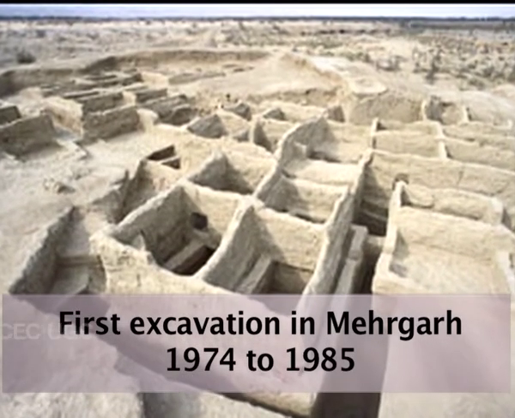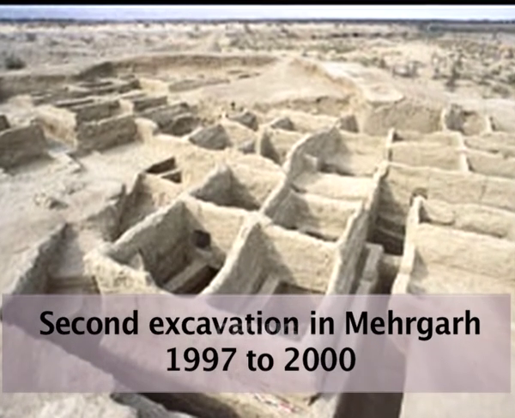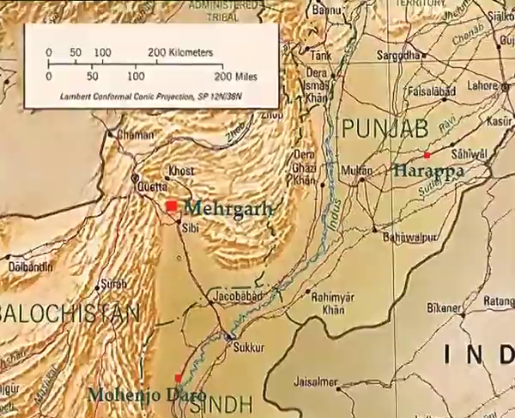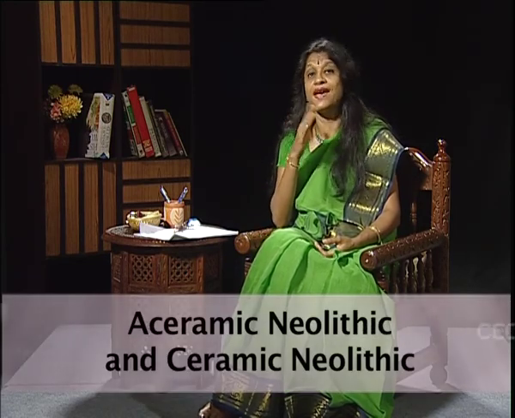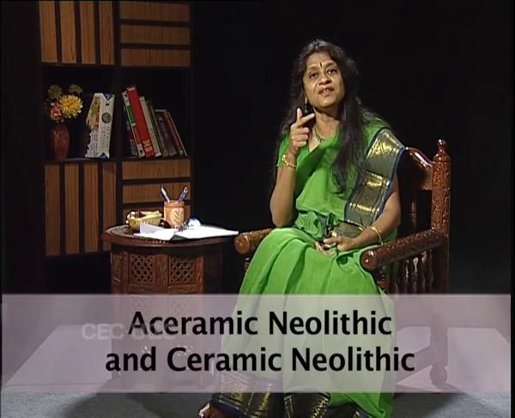The excavations happened firstly during the period 1974 to 1985, and started again from 1997. We see Mehergarh spreads over 300 hectares. In the Neolithic, it is divided into two periods, the Aceramic Neolithic and the Ceramic Neolithic. The Aceramic Neolithic is basically Neolithic without pottery, and the Ceramic Neolithic is Neolithic with pottery. With the later phase of excavations, that is 1997 to 2000, we see that the internal stratigraphy of the Aceramic